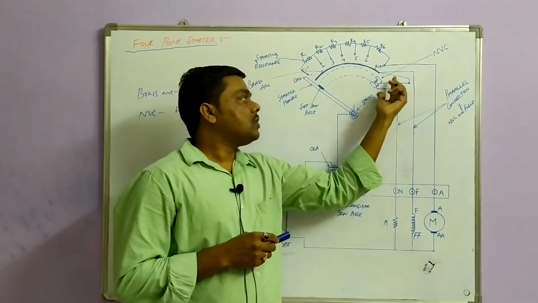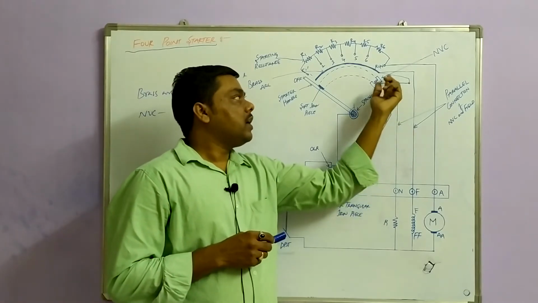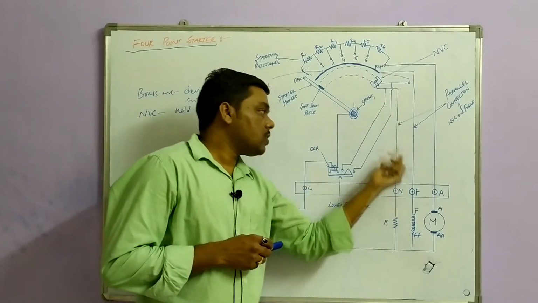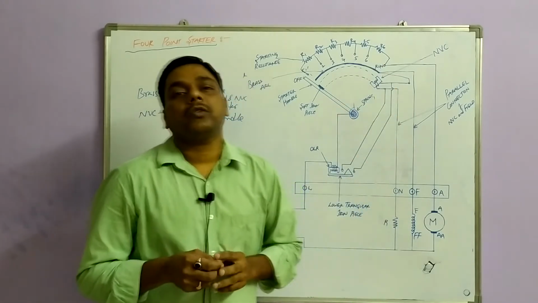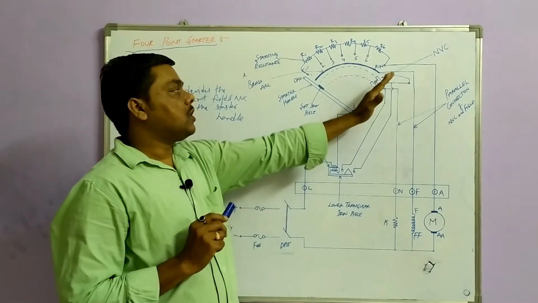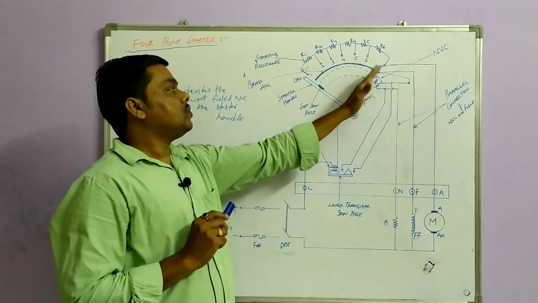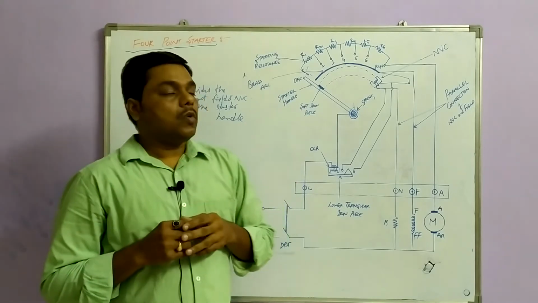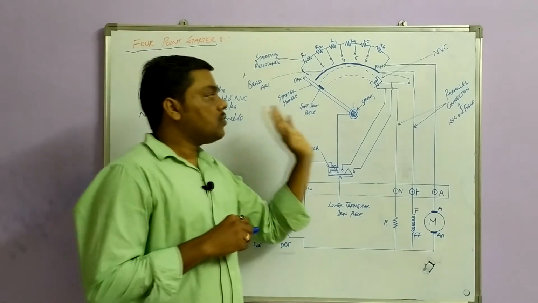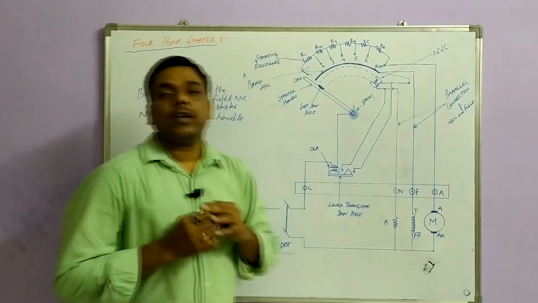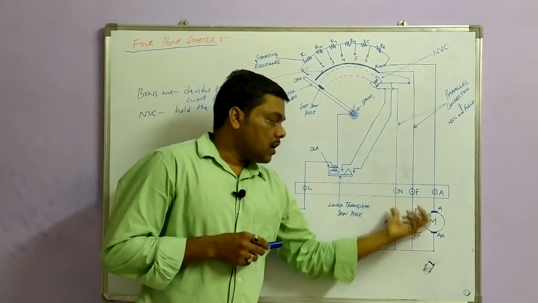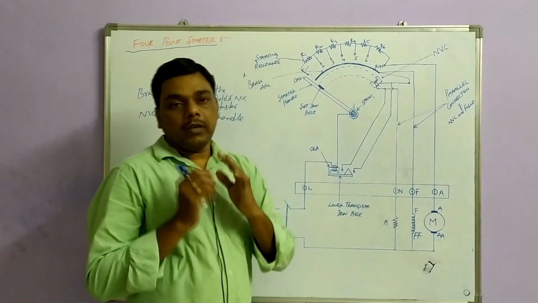You can see here, if the no volt coil is short circuited, again this is connected to the brass arc. So this total circuit is going to be short circuited, which will pull the no volt release coil to the off position. So like this, 3-point starter and 4-point starter both are meant to limit the starting current, but 4-point starter mainly controls the flux.